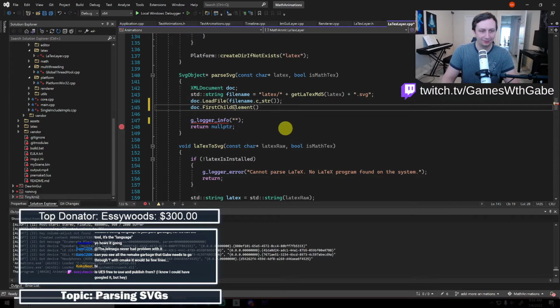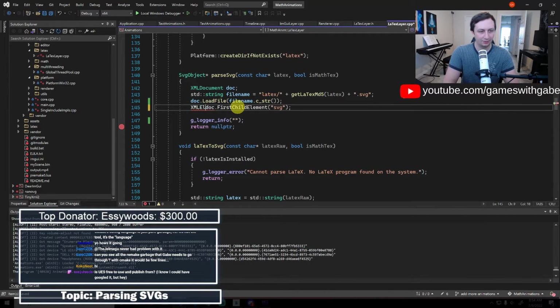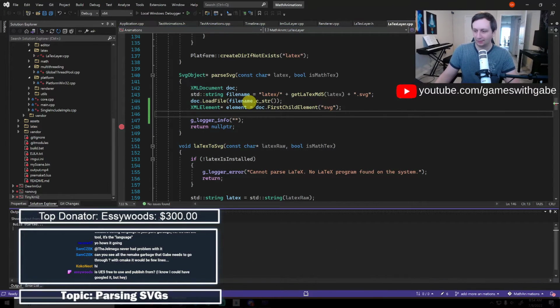Whoops, not there. SVG. That's the first element we will look for. And what does that return us? That gives us an XMLElement star. That's correct. Cool. So let's do that and let's see what we get in the element, because maybe that's a little bit better.